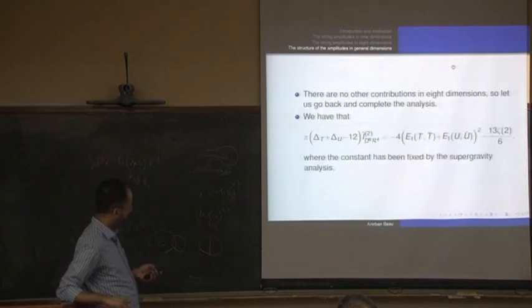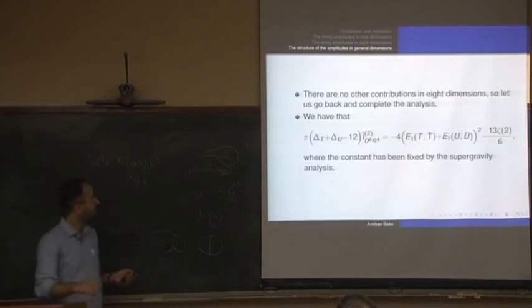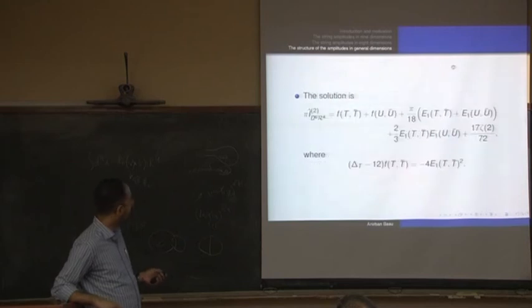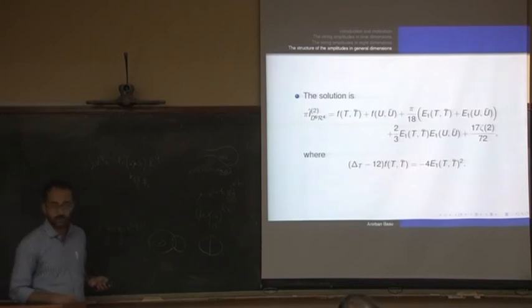And so in 8 dimensions, this was the term which I left as dot, and the coefficient is now fixed using supergravity. This is just a constant, because it cannot be moduli dependent, because it's supergravity. Okay, and so this answer is the following: a sum of eigenstates, product of eigenstates, and a constant. This guy satisfies this point. This structure has again been conjectured based on duality.